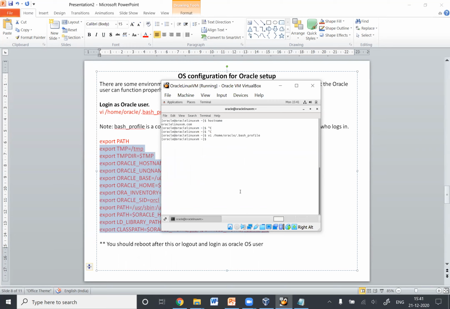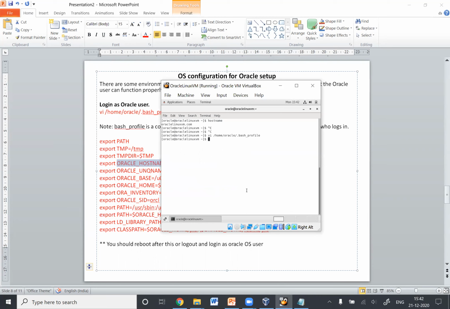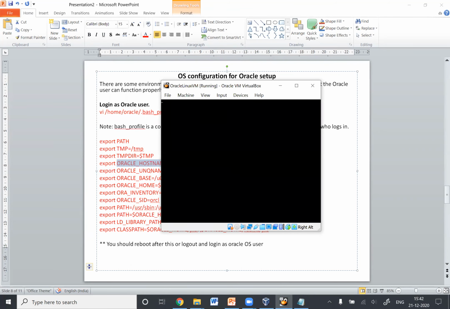All right, now let's see if we can see the value of any of the variables which we have set. So let's try ORACLE_HOSTNAME. We'll copy this one, Control C, and we'll try to echo it. So echo is the command we use, then we use it with the $ sign, paste, enter. So we are seeing a null value. This is because this file will only run when we log in as Oracle user. So when we had logged in previously, this .bash_profile wasn't updated. Now we have updated it. Now we need to log in again as Oracle user. So what we'll do is we'll reboot the system.